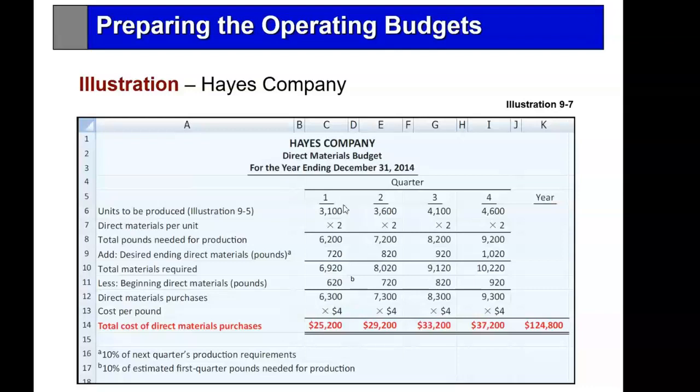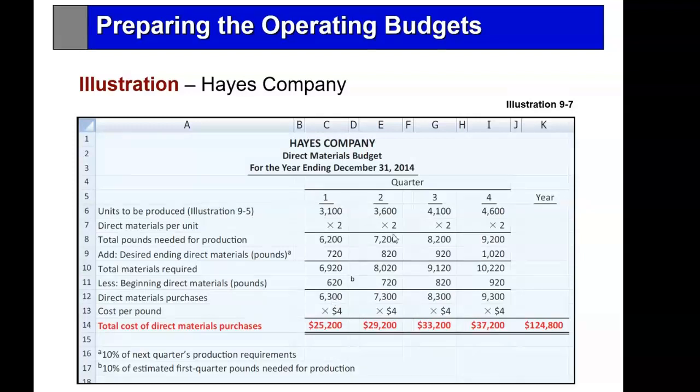Now notice when you do the purchase budget, you don't do it in dollars. It just gets really confusing. Do it in units, and then on the last line, multiply through by the dollars. You have to express the direct material budget in dollars. Production budget is expressed in units, okay? But the direct material budget is expressed in dollars, but you only multiply through by the unit cost once you determine what your needs are in units. And you get 25.2.